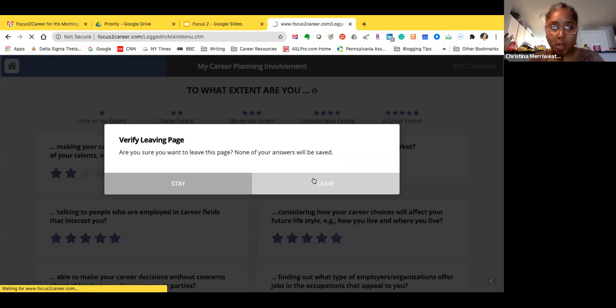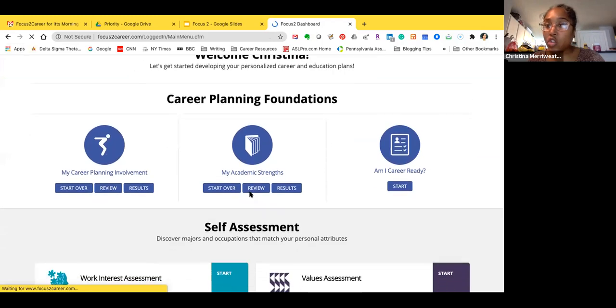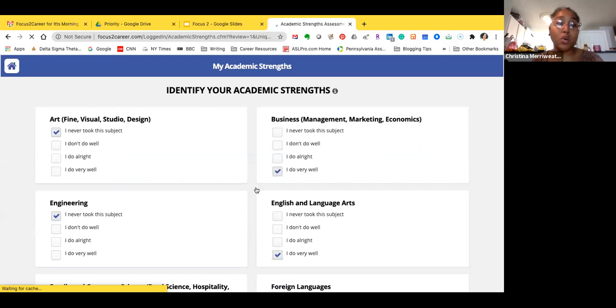Okay. I'm going to go back to my dashboard. So, my academic strengths. I think this is really helpful for a student that is maybe undecided. They're interested in a lot of things and don't really know. Even just from choosing a program of study, they're lost, let alone the whole career planning and what kind of field they would want to go into as a professional. And so my academic strengths will allow the student to take an inventory and assessment